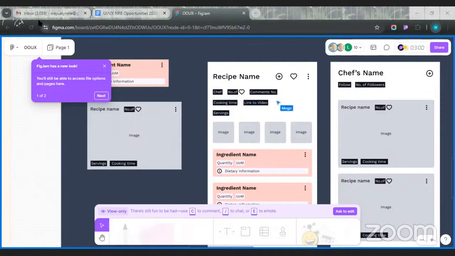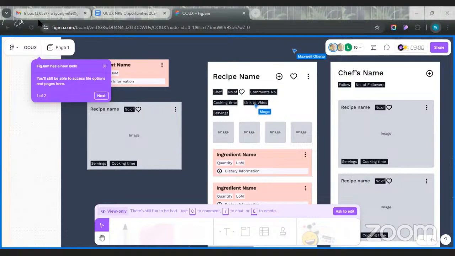You could see the number of comments. Then you could possibly create an interaction where you can expand this to open up comments and read them, since that's also a component on its own. Something that comes to mind here is the YouTube comment section, where it's not always directly visible, but you see the number of comments and you can open it and start reading them, especially on mobile. Then you can see cooking time, you can see the link to a video